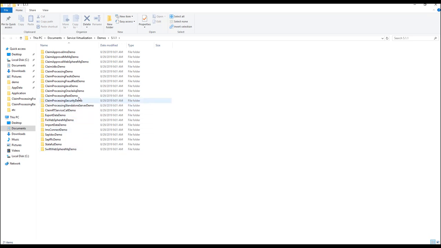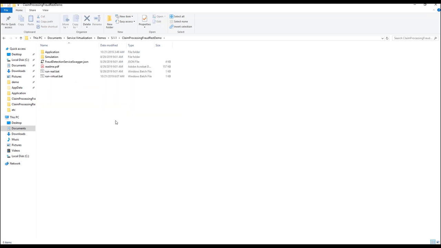In this demo, we're going to be using REST and the fraud claiming process fraud REST demo. Within this folder, we have the real service that we're going to be running the application at, and we have the virtual service that we're going to be running the service at. I'm going to come back later to show you the services which will be running in this batch file. And what else is included is a guidance, a README file on how to use this